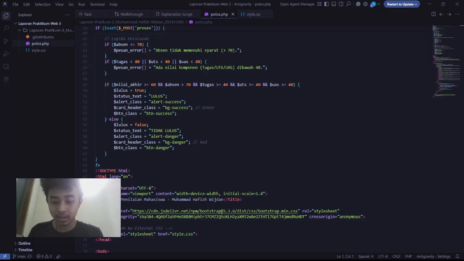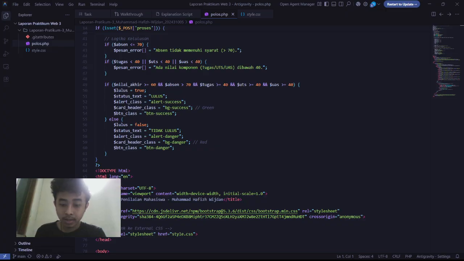So let's get back to the topic. I set variable lulus equal to true and change the card header class to background success green. If not met, I set it to background danger for not passing the requirements.